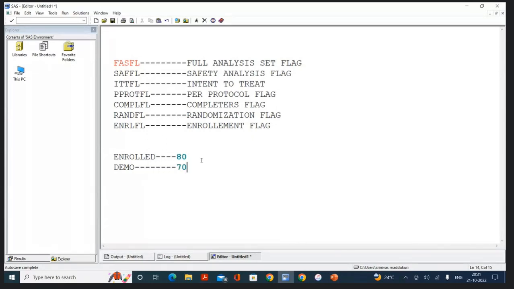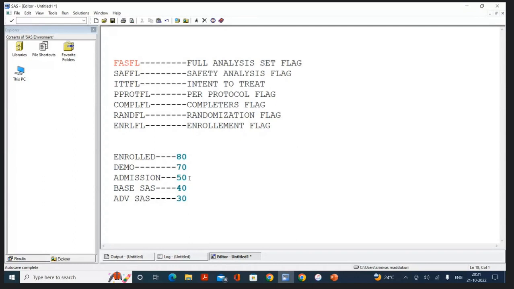Of the demo classes, some people may not like the demo, and some people, because of fees issues and other issues, only 50 members took the admission. Now, by the end of the base SAS classes, only 40 students were in the class. And after that, in advanced SAS, only 30 members were there in the class.